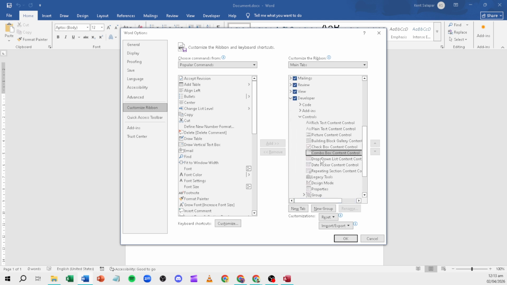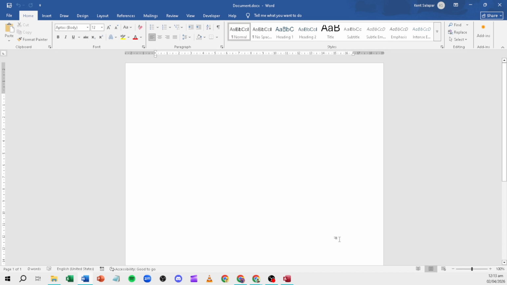To fine-tune the control, click Properties on the Developer tab while the control is selected. In the Properties window, give the control a clear title so it's easy to identify later. You can also set placeholder text, choose a style, and decide whether users can delete the control or edit its contents. Locking the control against deletion is helpful for templates, while leaving contents editable lets people enter their own value